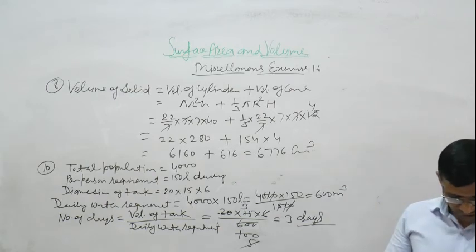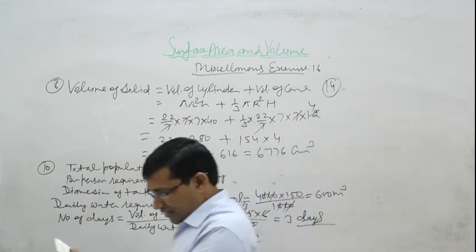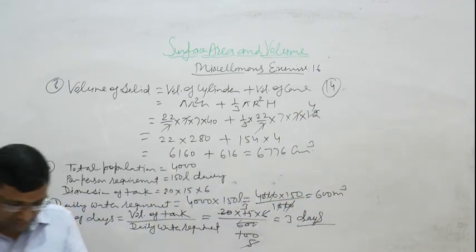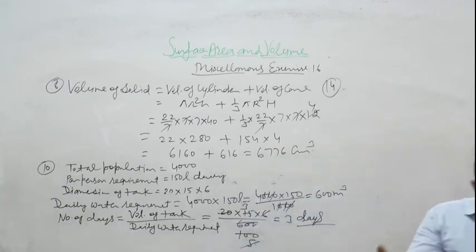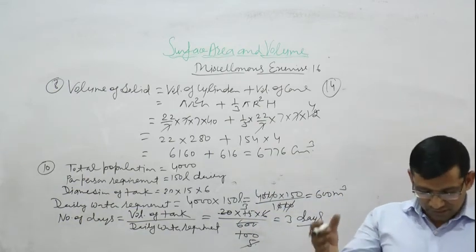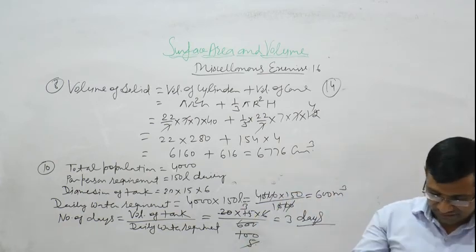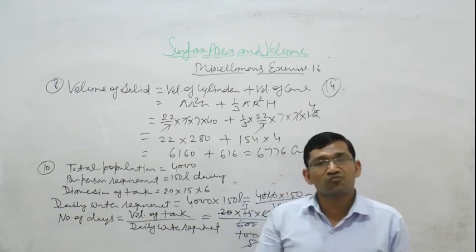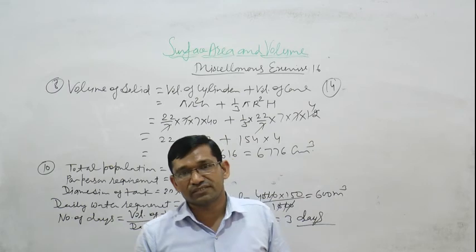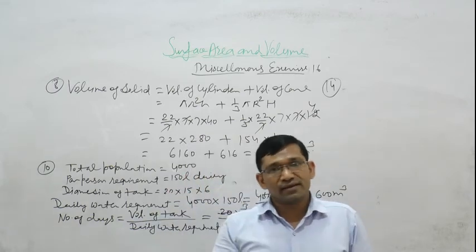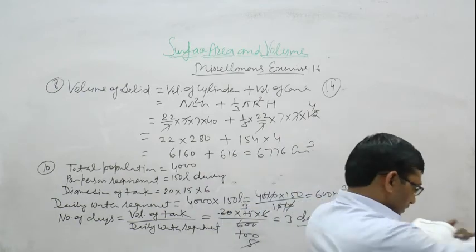Some student ask question number 14. Question number 14 is the diameter of a metallic sphere is 6 cm and it is melted and drawn into a wire of length 36 meter. It means what are we doing here, the metallic sphere we are changing into wire. And the shape of the wire will be cylindrical. So it is a very simple question. In this you have to find the length of wire. Length of wire means height of cylinder.